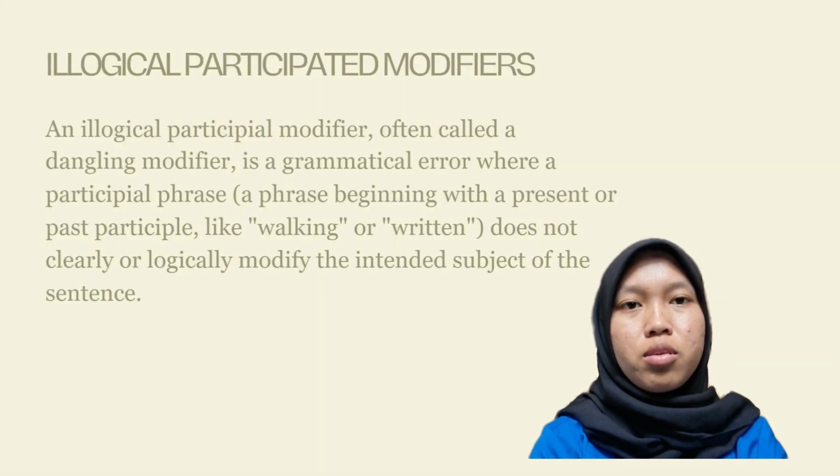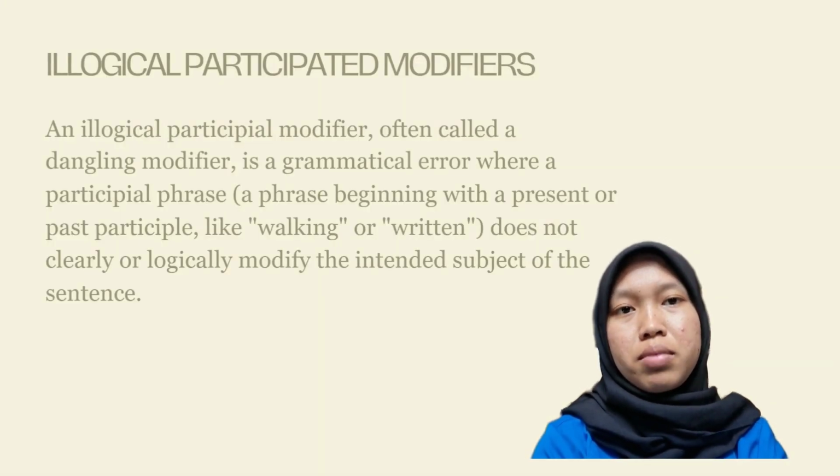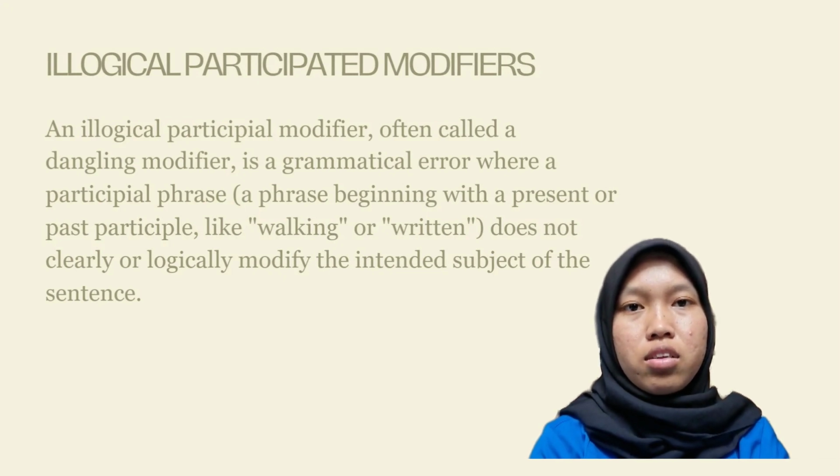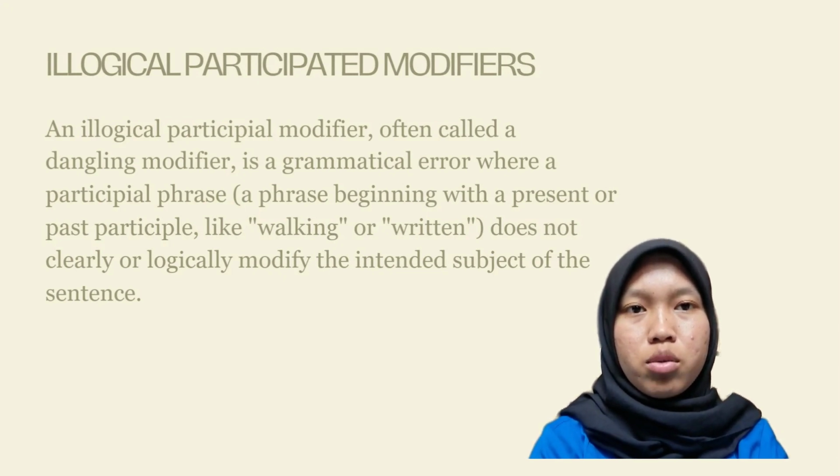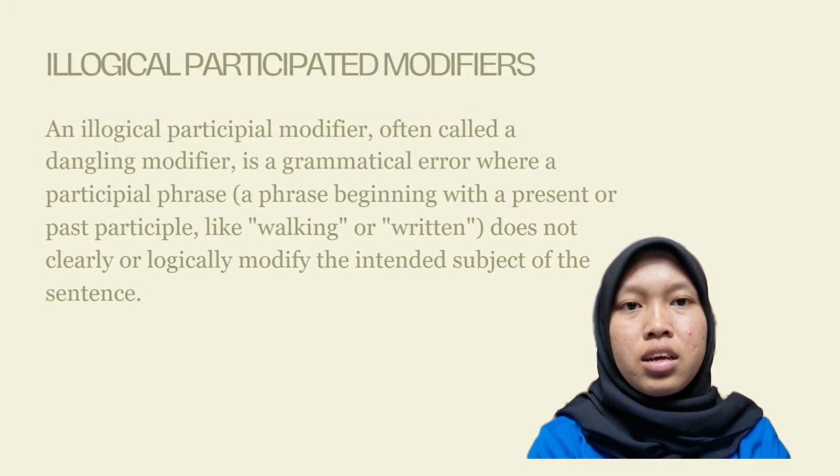Illogical participial modifiers. An illogical participial modifier, often called a dangling modifier, is a grammatical error where a participial phrase does not clearly or logically modify the intended subject of the sentence. This creates ambiguity or an unintended meaning because the modifier appears to describe a word other than the one the